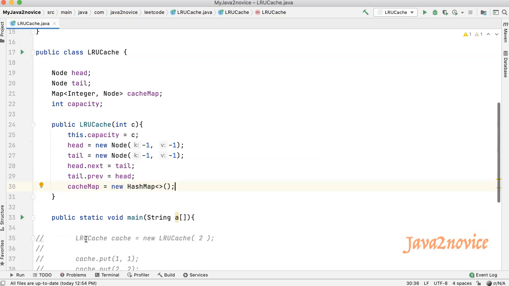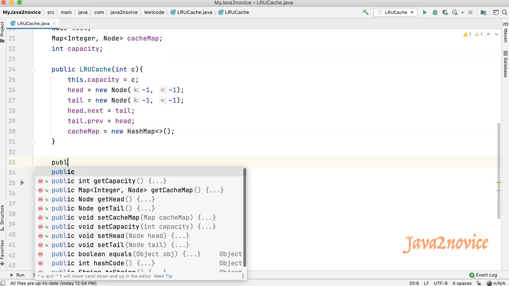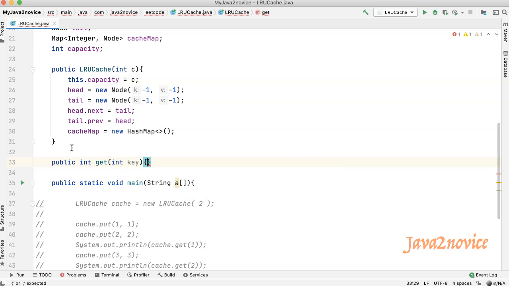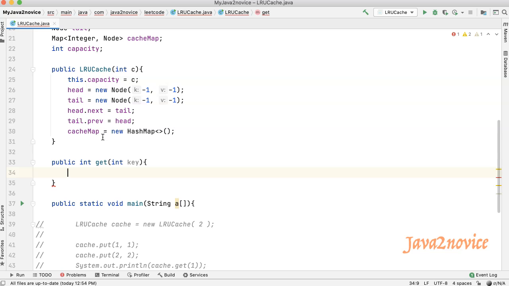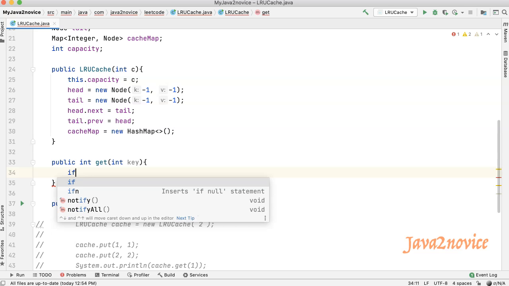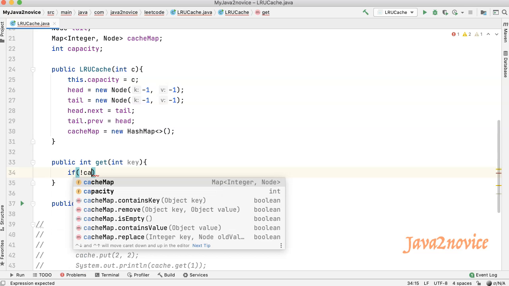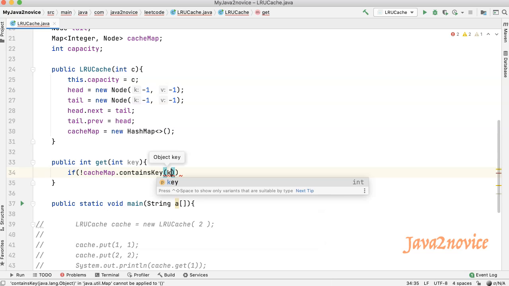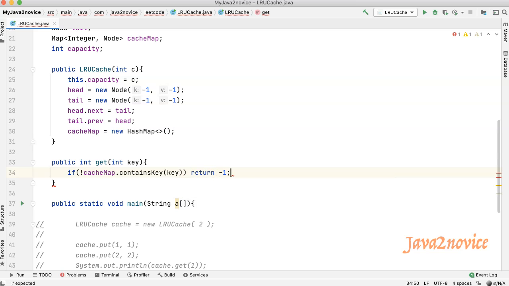Now create a get function. It takes an integer key as input and returns an integer value. Return -1 if the key does not exist. So if not cache map dot contains key, then return -1.